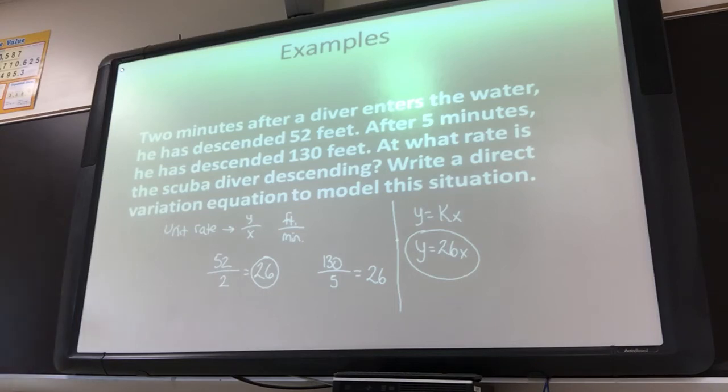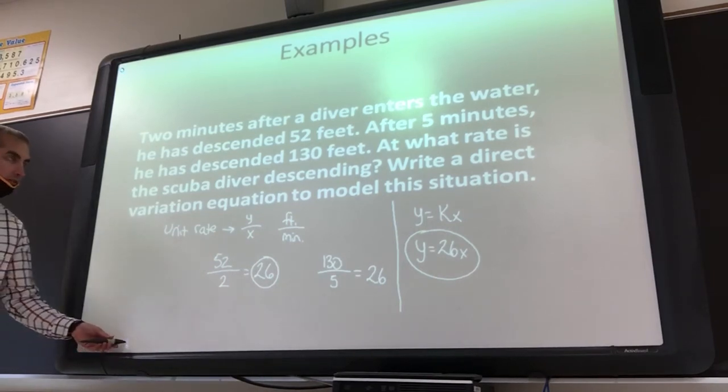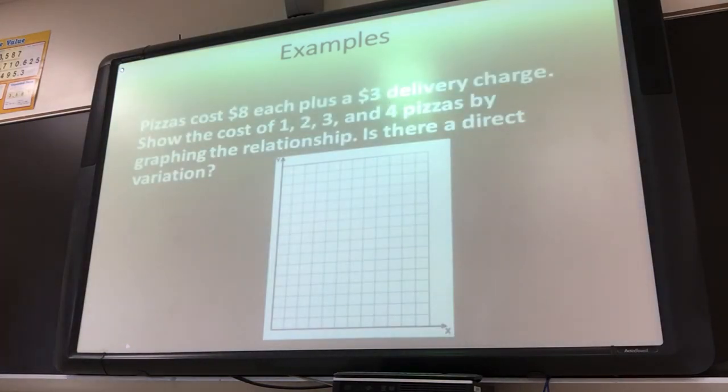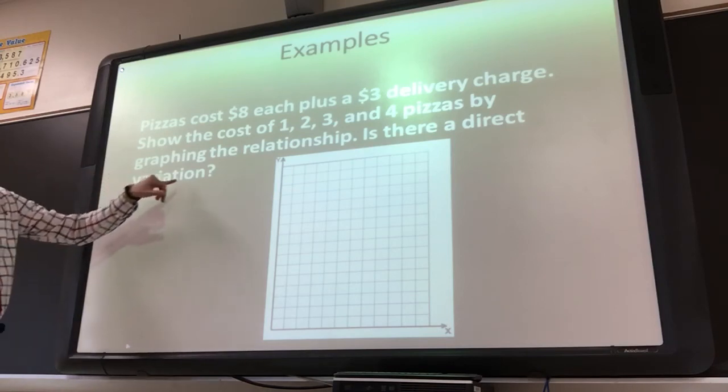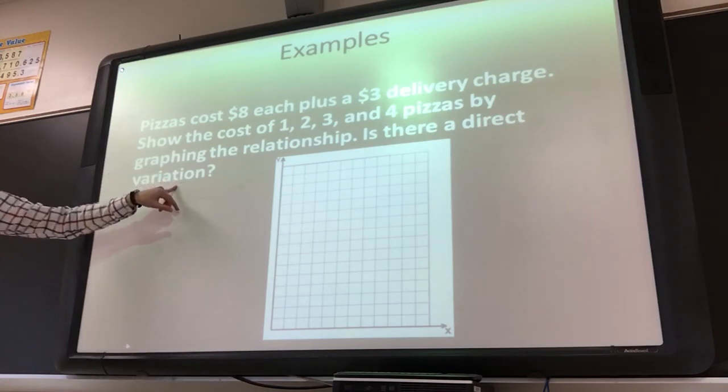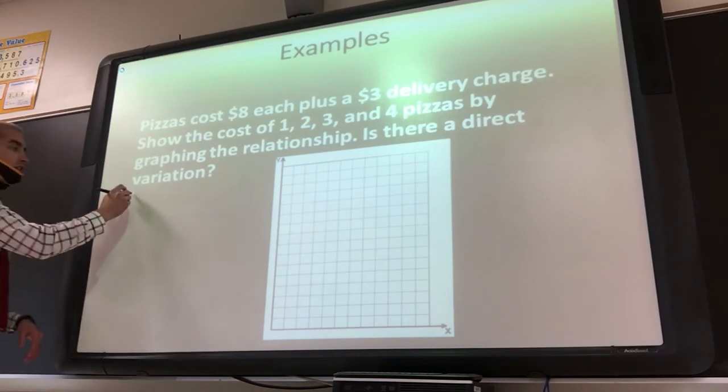Okay, so any questions on that? So just kind of taking that one step further and plugging into the equation, making our own equation once we find the unit rate. All right, so the last thing that we're going to do, and this is stuff that we did yesterday, we did last week with graphing. We're going to graph the relationship, and then we're going to answer this question: is there a direct variation? Remember, direct variation